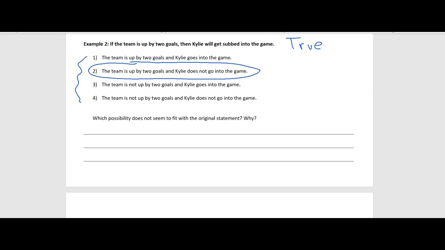The only thing that we know for sure was that if the team was up by 2 goals, then Kylie would definitely get into the game. So again, same idea from example 1. Number 2 just seems to go against what our bold statement was saying to begin with. So you may be wondering, Mr. Fawcett, why'd you make me write out these statements? Why are we just switching some words and seeing whether it makes sense or not? Well, as you'll see in a second,